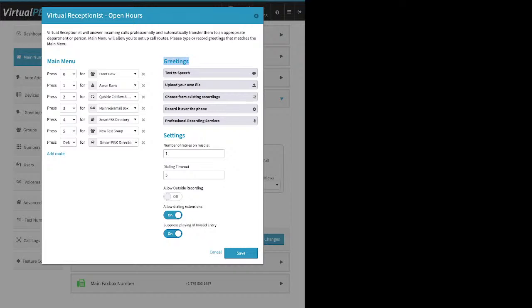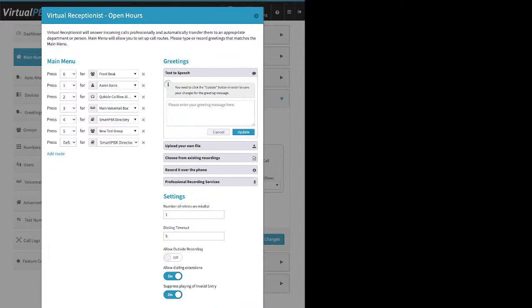Over here on the right, we have greetings, and then your greeting option types. So text-to-speech, you can type in a greeting here. You have 250 characters to work with. Does not count spaces, though. But not words, right? 250 characters versus 250 words, those are vastly different. So it's 250 characters. When you click Update, Save, and Save Changes, the system will save the file with the